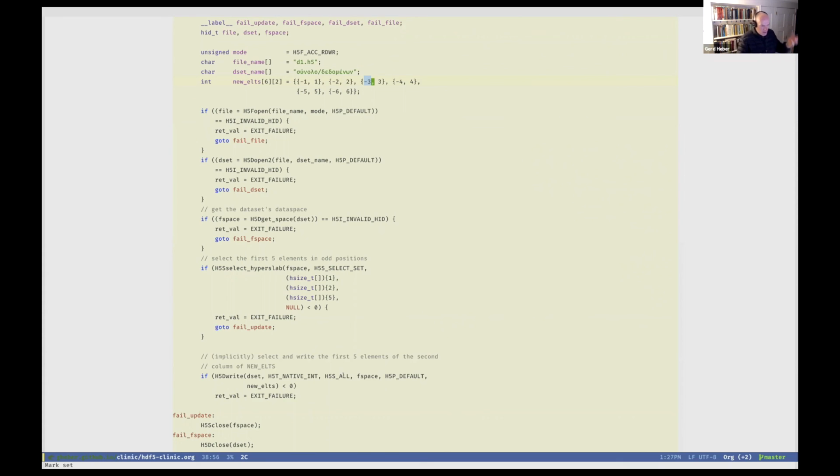And of course, the same applies if the order were reversed, in the sense that I would specify an in-memory selection and use H5S_ALL for the selection in the file. It would superimpose or mirror that pattern that I defined in memory onto what's going on in the data space.